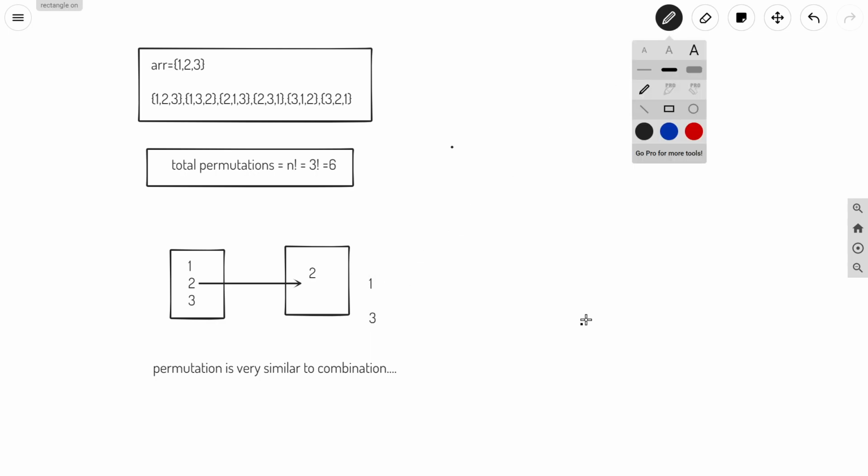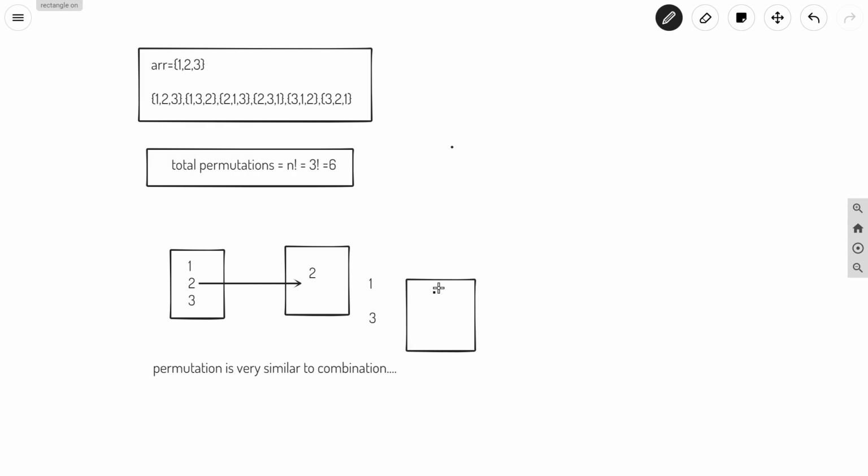So again we will have the vector with us. Initially 2 is already present, so we can choose 1 or we can choose 3. I have chosen 1 here, so I have pushed back 1. Again we are left with number 3, so we will push back 3 in this vector, and our vector will look like 2 1 3. You can see that it is of size n.